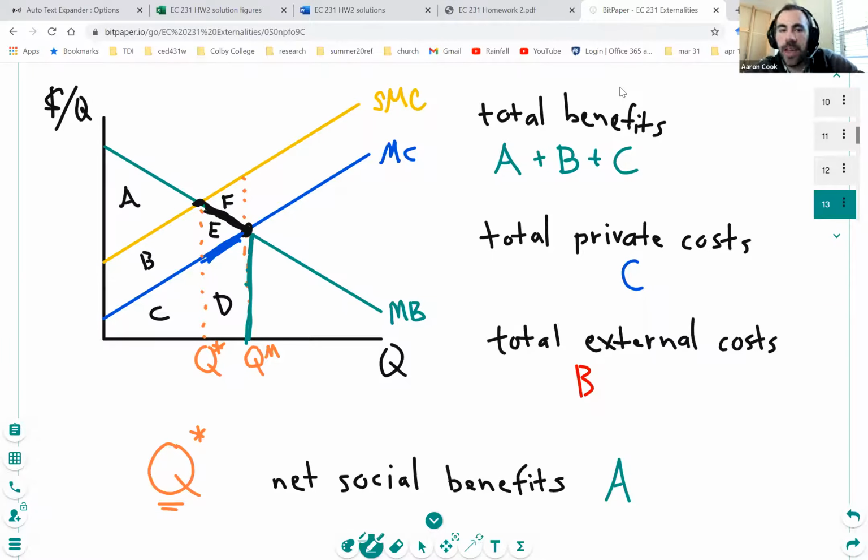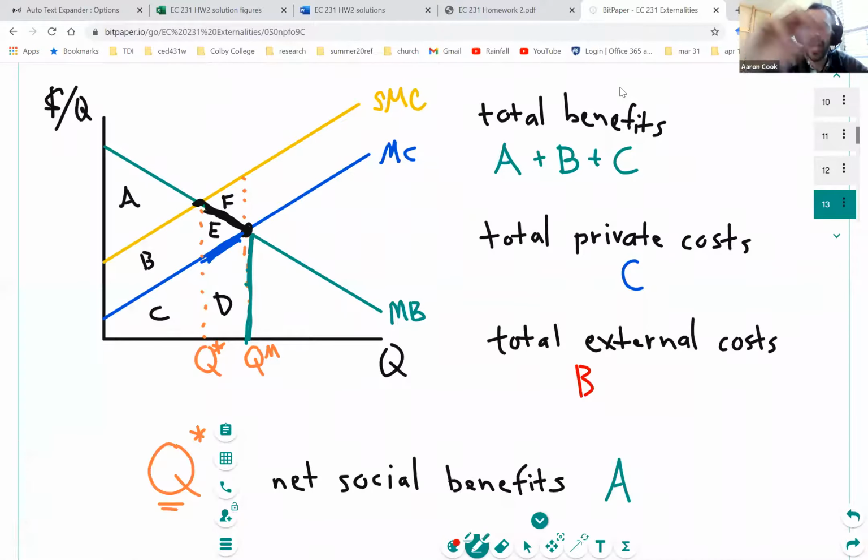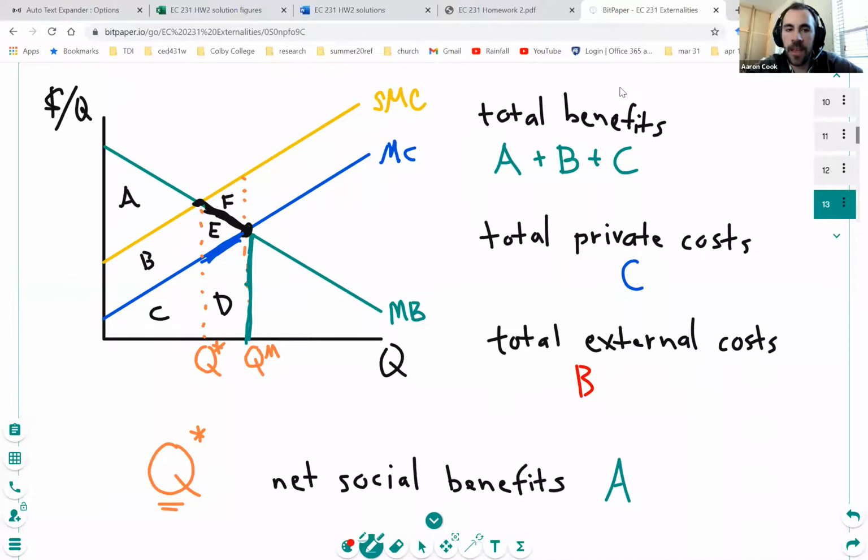Point number 2 that I wanted to make is the fact that even after we have curtailed our production from QM to Q star, we're still left with a little bit of external costs. We're left with external costs equal to B, which is lower than what they were before. Before, they were B plus E plus F. But we've reduced them to a more tolerable level. So this gets to the idea